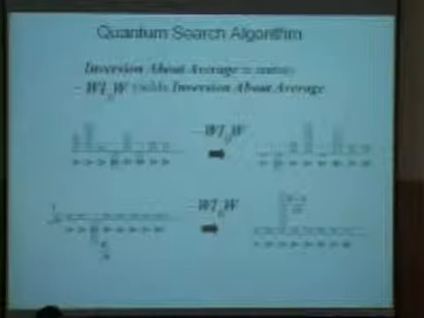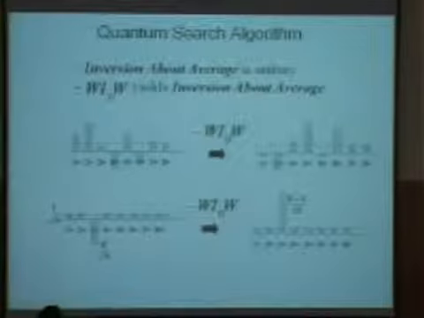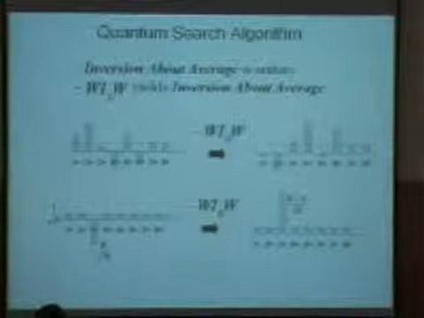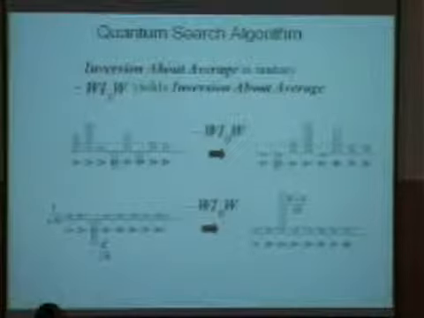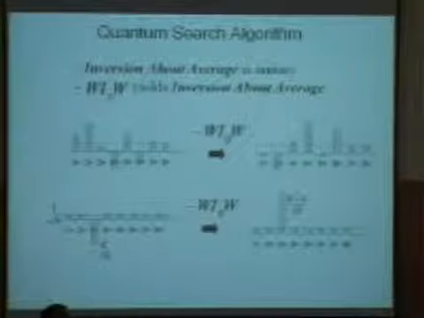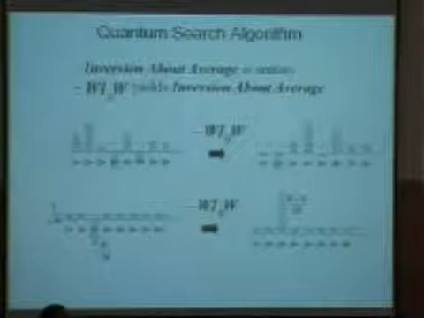So this one is minus k by square root of n, the average is 1 by square root of n, so it is k plus 1 by square root of n below the average. So if you perform an inversion about average, these others are going to fall a little bit, and it is going to go to k plus 2 by square root of n. And then if you invert it, it will become minus k plus 2 by square root of n, and then k plus 4 by square root of n. So it increases by 2 by square root of n at each step.